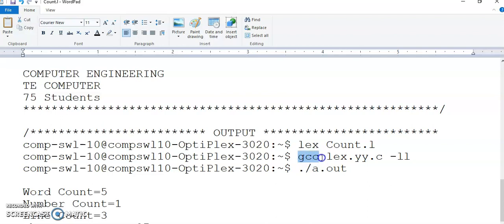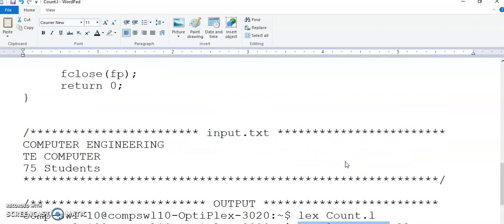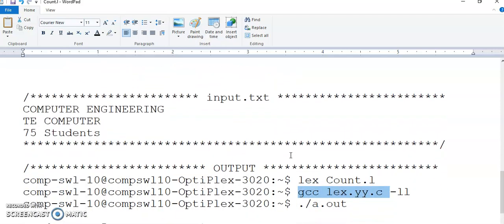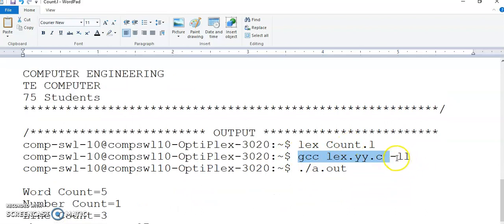So we will compile it as GCC lex.yy.c. But our C program will also have the variables like YYIN, YYLex, YYLeng and many other variables which are provided by LEX. So you have to link this C program with the LEX library using the option -ll.